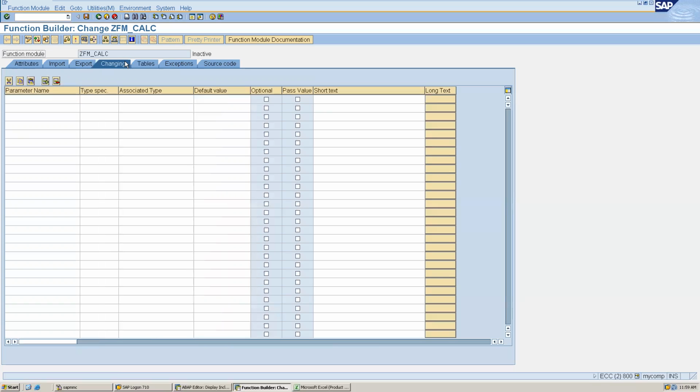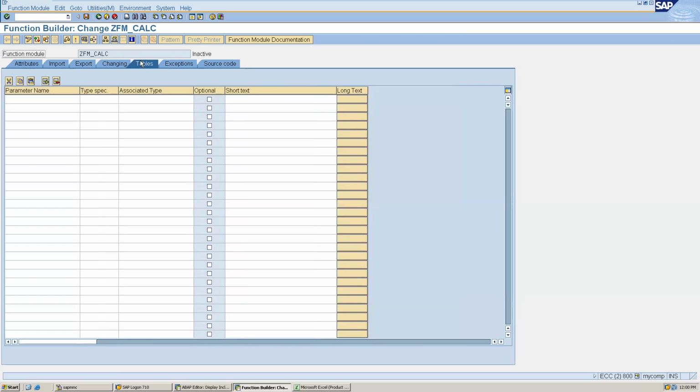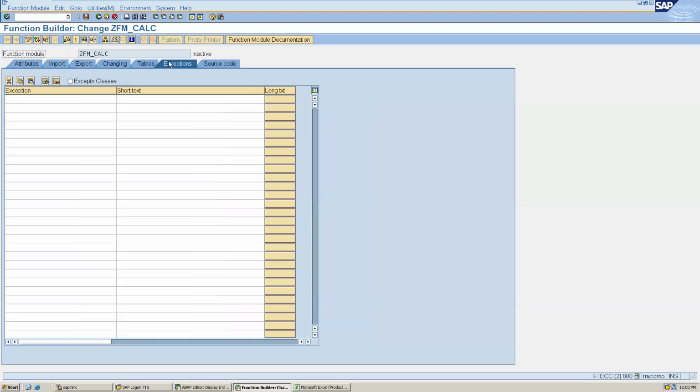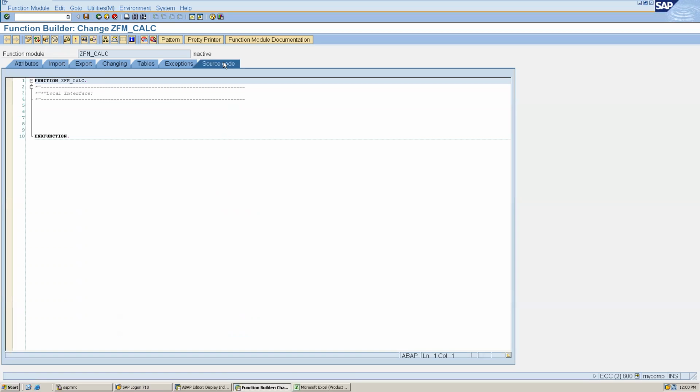Changing is a parameter which the user can change. Tables is for passing an internal table as input. And exception is for raising an exception.